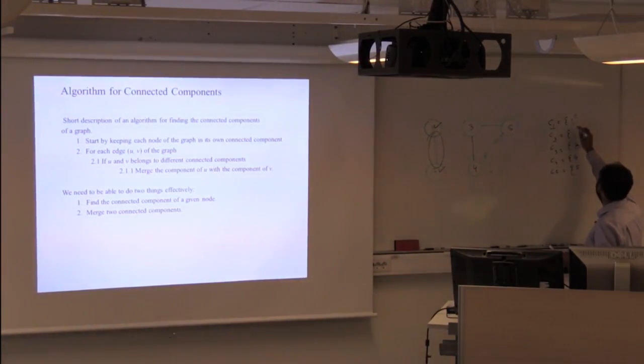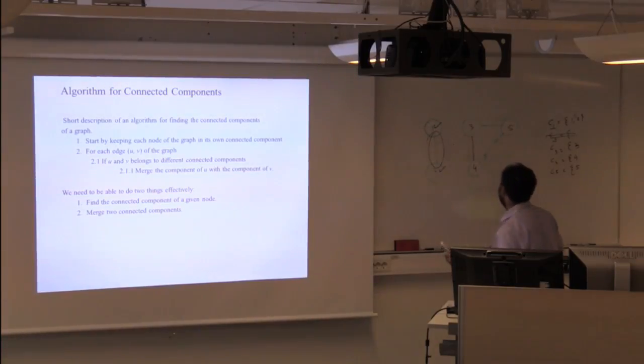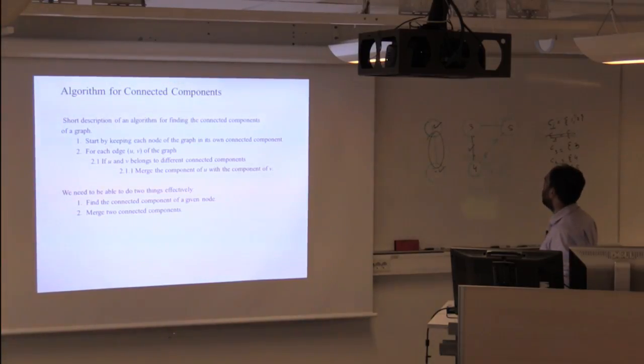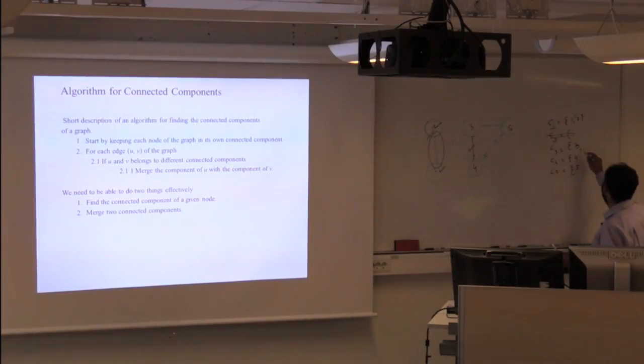So in this case we combine them and remove this partition, and then we go to the other one. Here is another edge, 3 and 4, and we find out, do they belong to different connected components? No. So we combine them, 3 and 4,